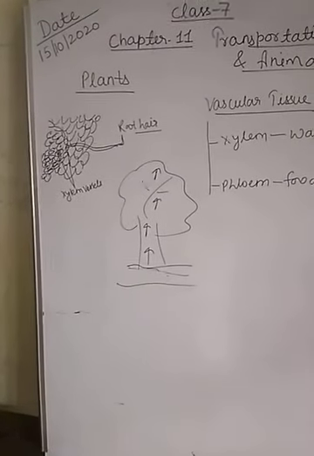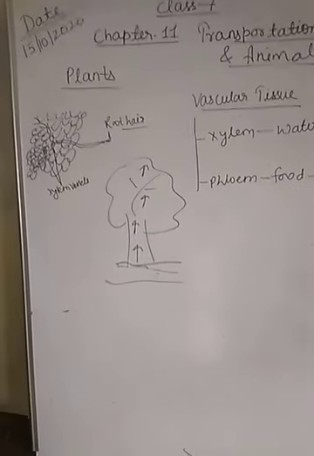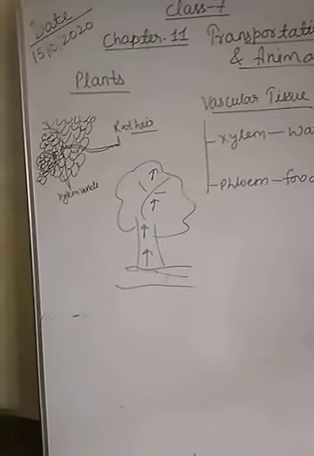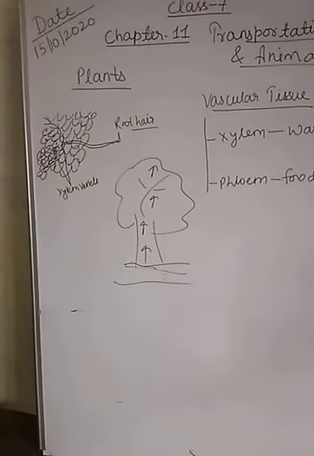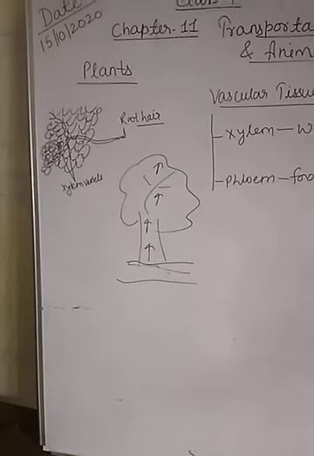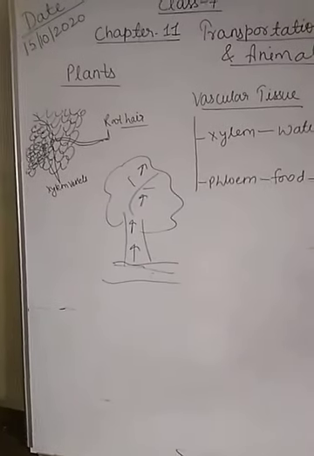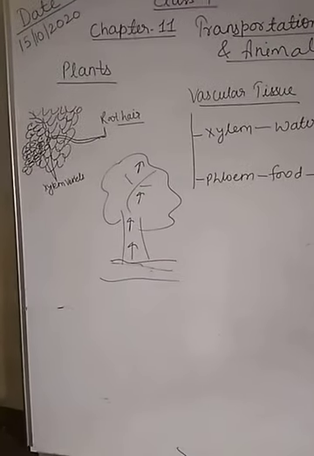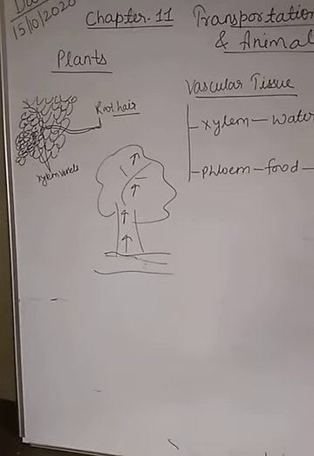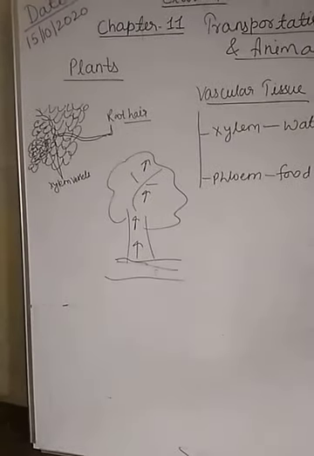Children, you know that plants are in the category of living things, and all living things need food for getting energy and for maintaining the body functions, and in reverse they release certain waste from their body, meaning they remove waste products also. Like that, plants also need food and water for their proper growth and maintenance of the plant body, and they also remove waste products. So here we are going to study how these materials are transported from one part of the plant to another part of the plant.